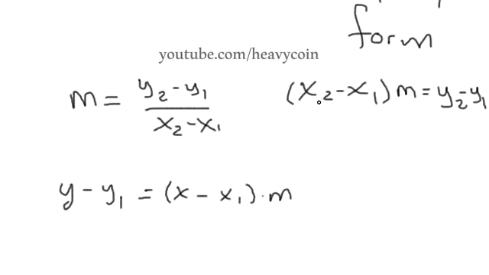So I just flipped it around and set this x2 and y2 just to x and y. Alright, so this is our point-slope form right here. This is the point and then the slope. And of course, you can always take this y1 over to the other side, solving for y. Okay, so these are the two forms. Sometimes you're just given this, you know, you want to find m or you want to find